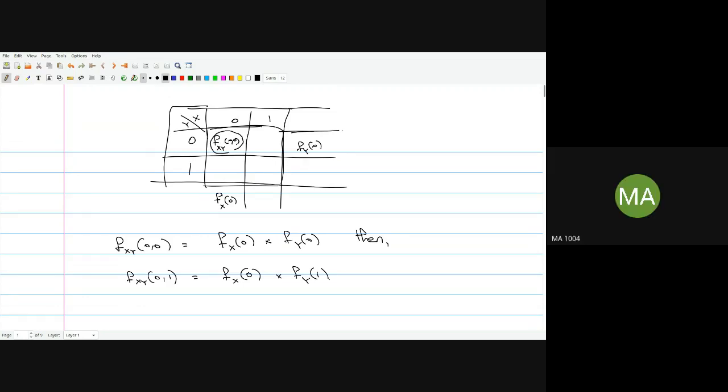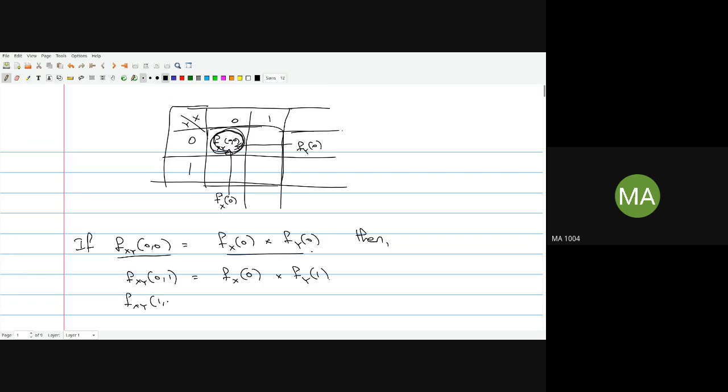See, if the table is given and it is asked whether these two are independent, now you have checked the first entry. So how will you check for this entry? The product of marginals should be equal to this value, right? Correct. So if you have checked and this is equal, then any entry, not only 0,0. So I have taken one entry, and one entry happened to be like this. Then all other entries follow.